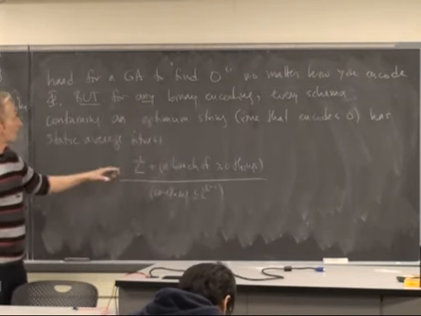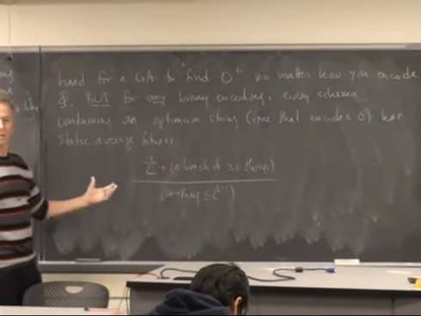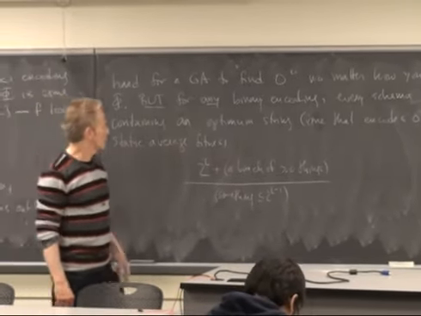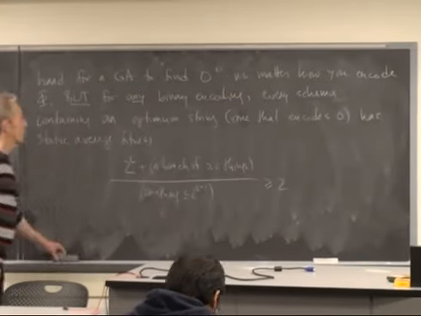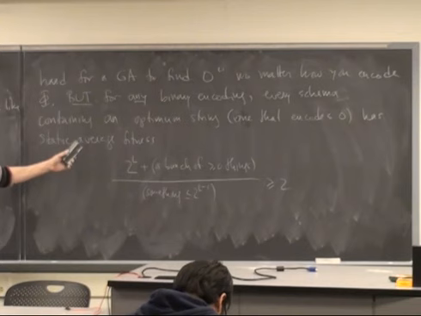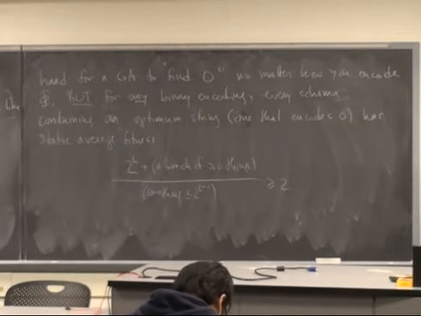Because if I have at least one defined bit in the schema, then I have at most 2 to the L minus 1 strings in the schema, and that's bigger than or equal to 2. So any schema containing an optimum string has static average fitness bigger than or equal to 2, whereas any schema that doesn't contain the optimum string